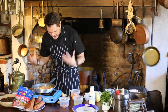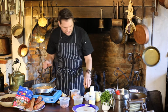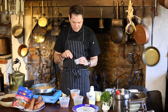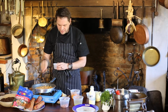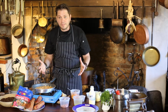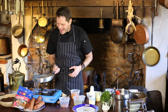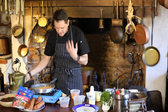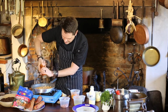Now we're ready to go to the seasoning part, where we add some different seasoning to start to get some extra flavor out of it. So what goes good with this? Well, depending on how spicy you like things, and you know me, I say this oftentimes, I'm a wimp when it comes to spice, but I do like to add just a couple pinches of red pepper flakes. Some people love spice, add a little bit more. Hot sauce would be great to go in here right now. A little bit of pepper flakes will get some heat. Some good old salt, cracked black pepper,